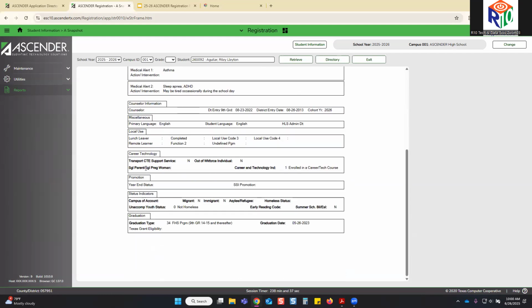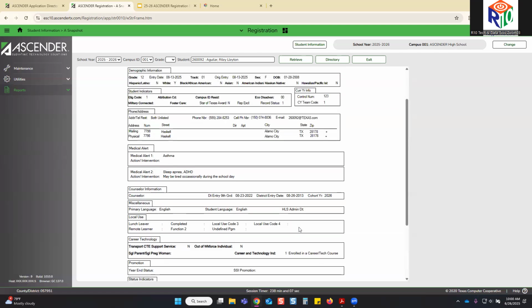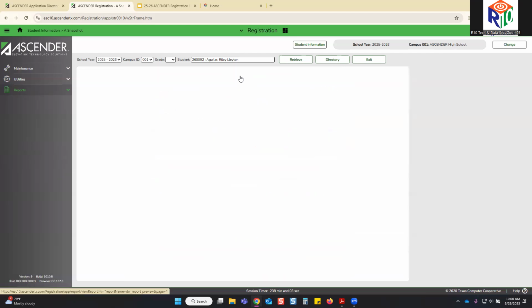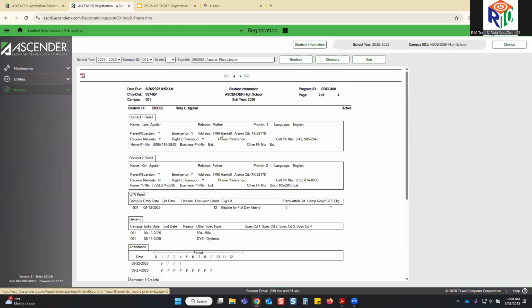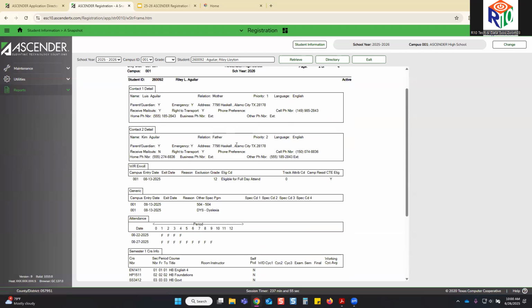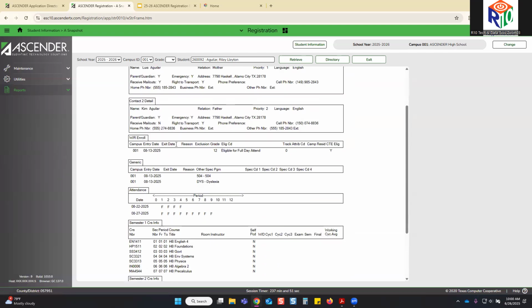Counselor information, CTE status indicators, if they were promoted. That probably won't show if you've just rolled into the new year like I have, because those year-end status codes get set at the end of the year or toward the end of the year typically, or when you do the scheduling process. Their graduation plan, you've got their parent contact or guardian contact information, their enrollment information,